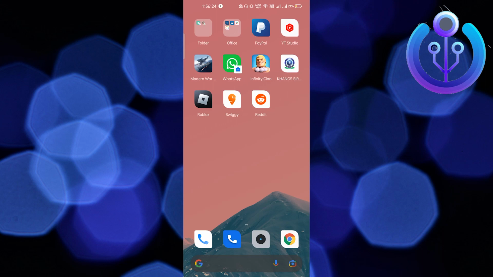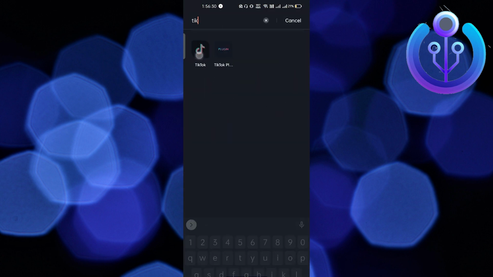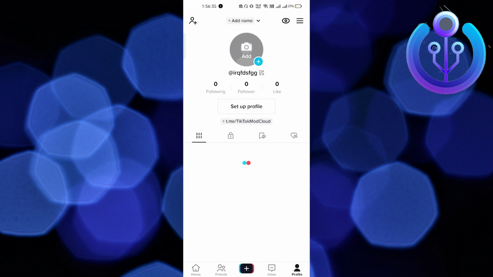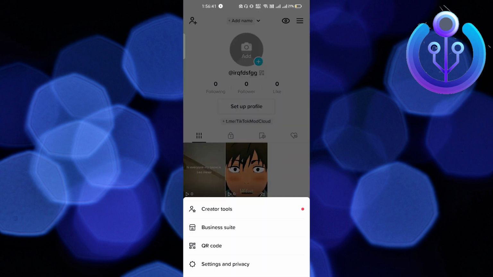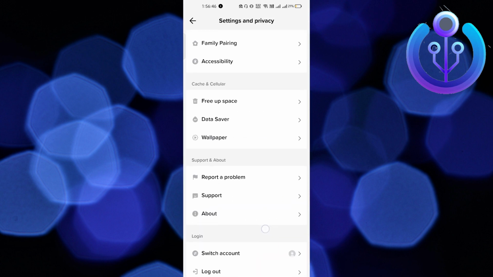In this video, I'm going to show you how to change your age on TikTok, right? So let's go into the TikTok mobile application here, and after just going to the TikTok, we will go in the profile section, which is on the bottom left side corner. And after that, you can see here we have to click on the three lines which is on the top right side corner. Then just go to the settings and privacy, and here you have to scroll a little bit down,